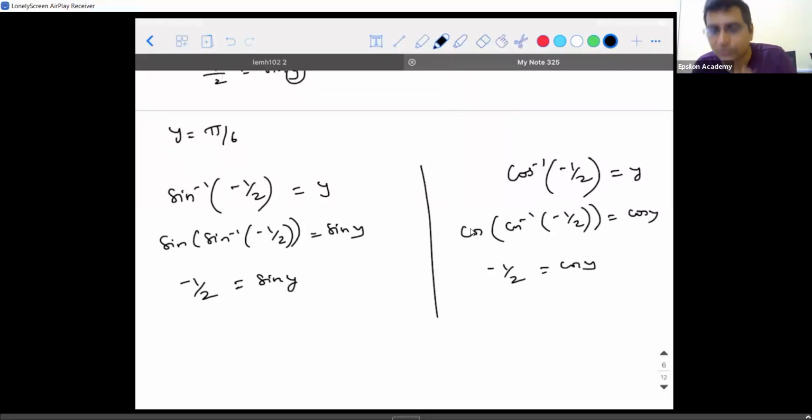Okay. Now concentrate. What I'm going to do is, I will forget about minus. I'm doing it for sine. I'll forget about minus. So if I forget about minus half, it is plus half for me. So what will be the acute angle I get for plus half? Pi by 6. y is equal to pi by 6. What is the acute angle for which I get minus half?